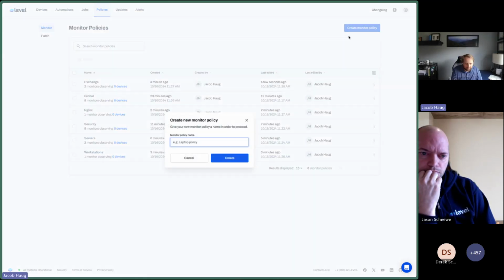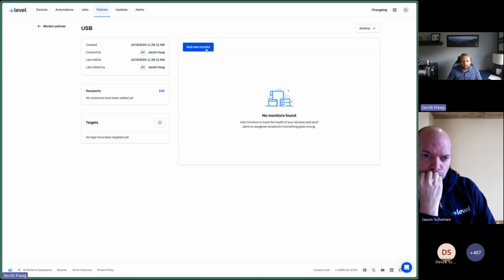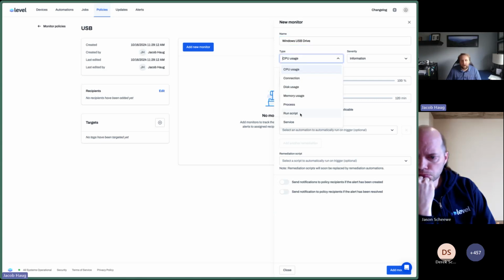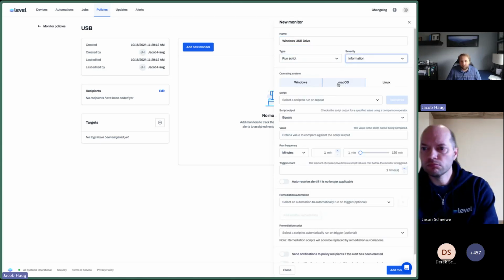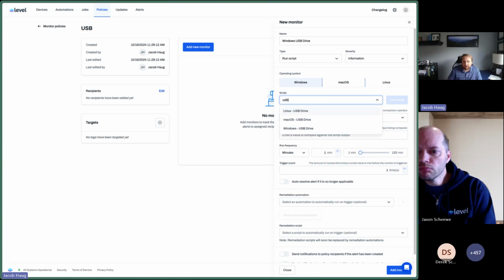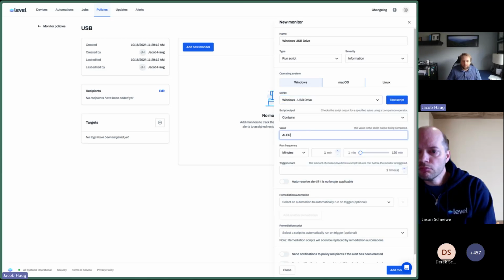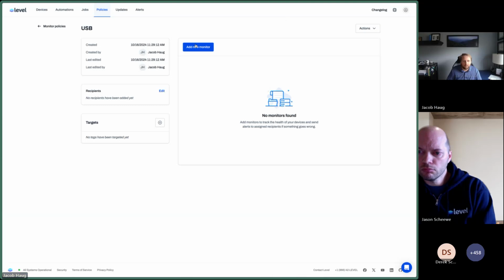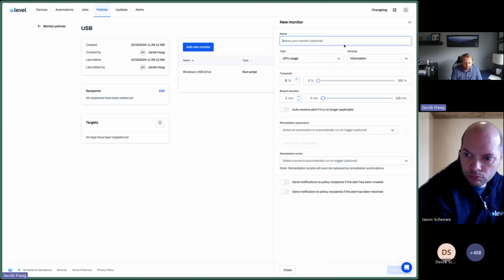Just one more quick example of a niche policy that you might want. Let's do a USB one. USB drive. So in this case, I want an alert if a USB drive is plugged into a certain device, like maybe it's high security. So we'll check this every minute. And I don't know, probably don't want to auto resolve in this case because it's a high security device. So I'll do that for Windows and I'll do it for Mac